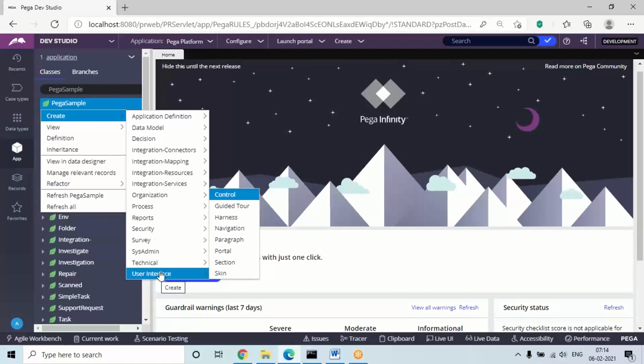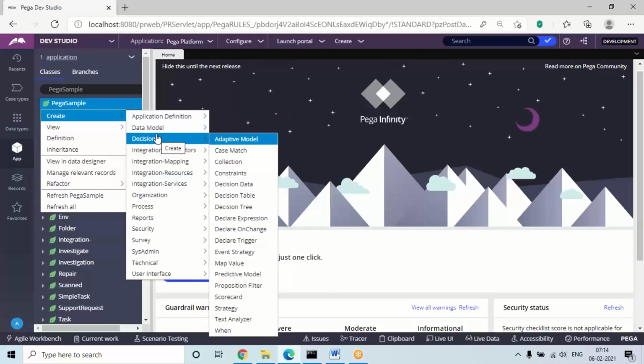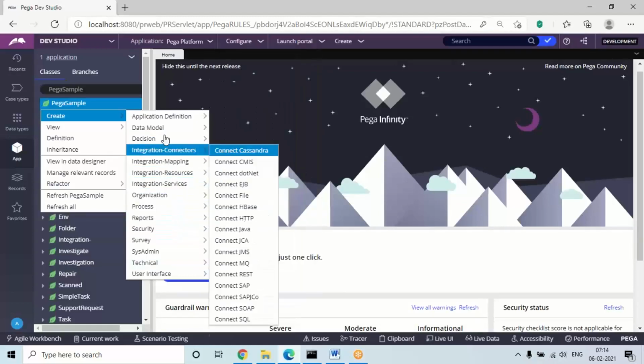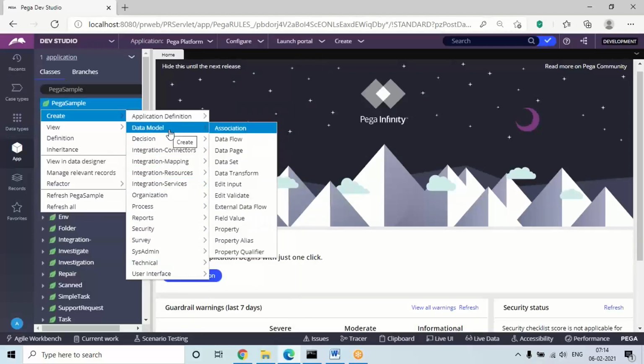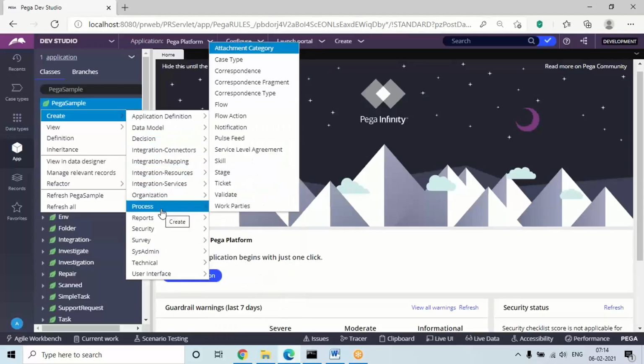So the thing is, most of the design, again there are some designs in the header and other things, but most of the designs under the app explorer will be in the form of these templates. Under that we are going to open according to our design requirement. So in this training, mostly we are going to learn how to use all these rules and how to map them in the application. Okay? So these are the main things we have in the platform, anywhere you work, any application we design.